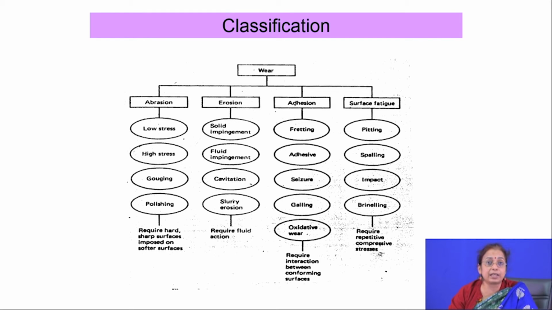What you do is find out the total amount of material loss, or measure the mass loss of the material, as a function of time, sliding velocity, applied load, temperature, and media concentration or media composition. You measure all these things and then finally find out the specific wear rate, or normal wear rate, as a function of time.